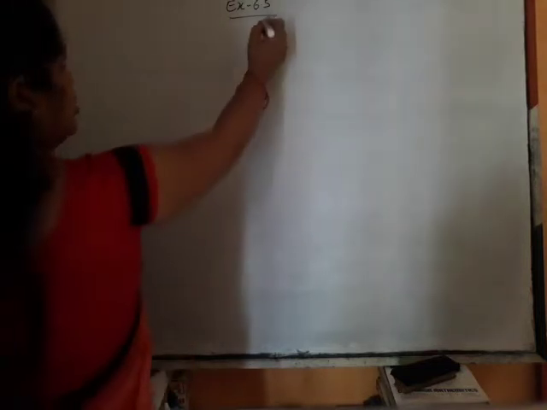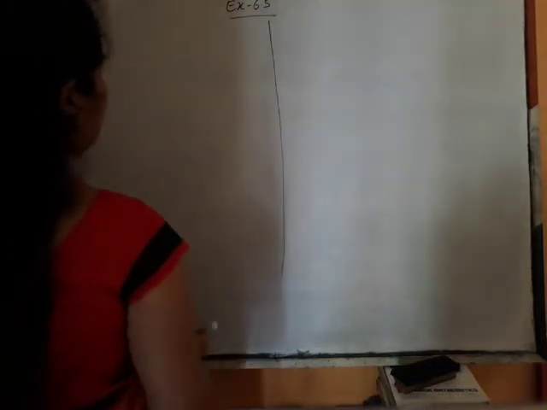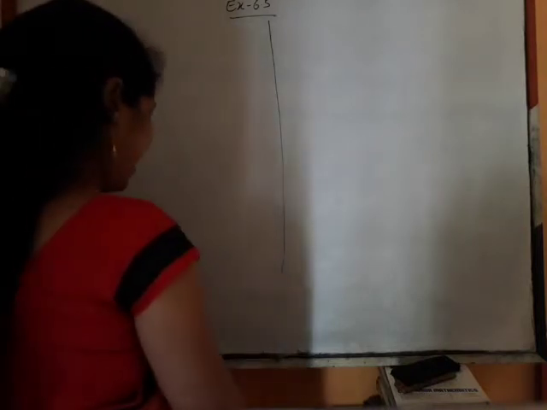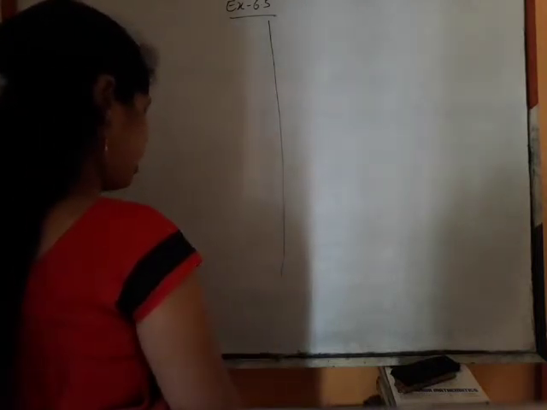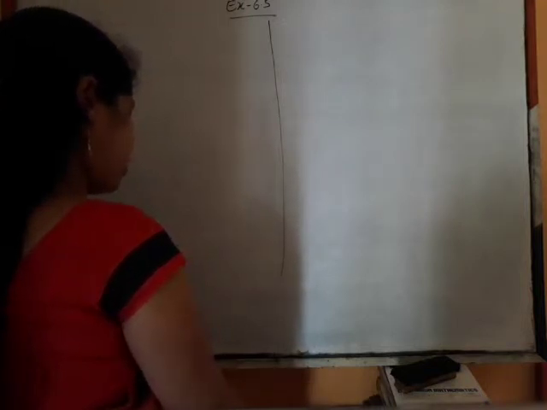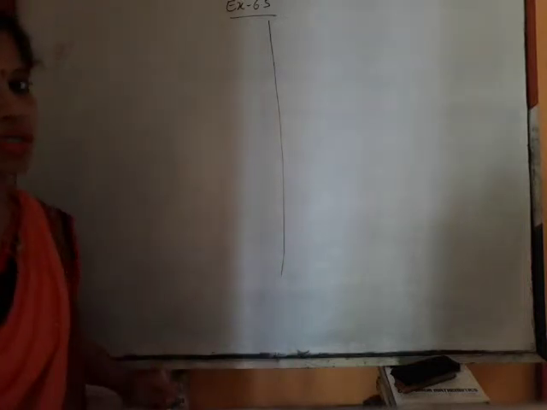So a little bit different is question number 8. It's not different, only similar, but I want to make you understand what is given. Question number 11. An aeroplane leaves an airport and flies due north at a speed of 1000 km per hour. At the same time, another aeroplane leaves the same airport and flies due west at a speed of 1200 km per hour. How far apart will the two planes be after 1.5 hours?